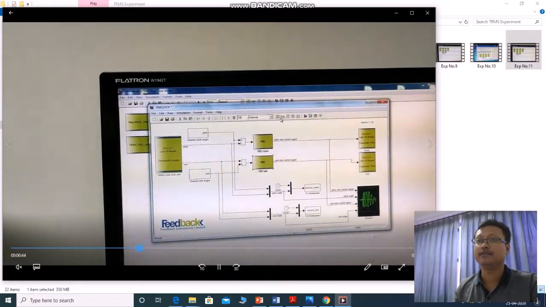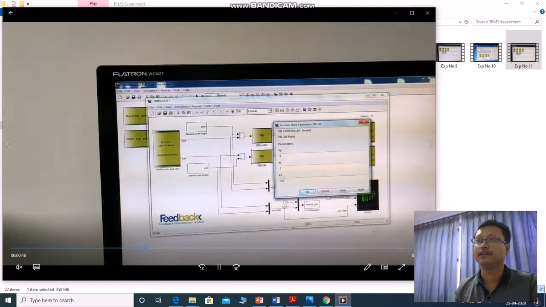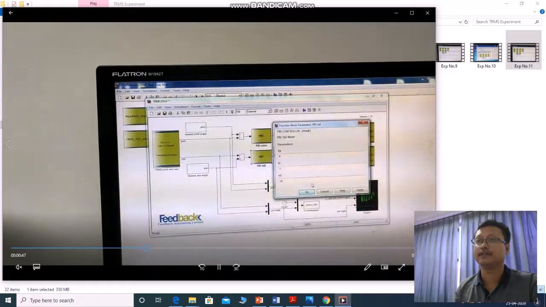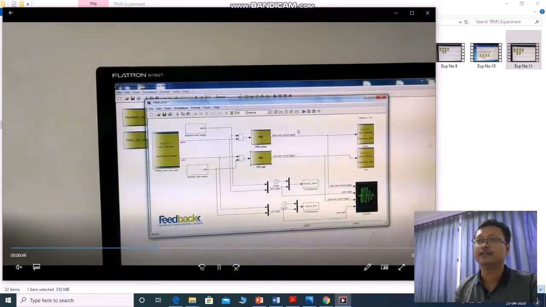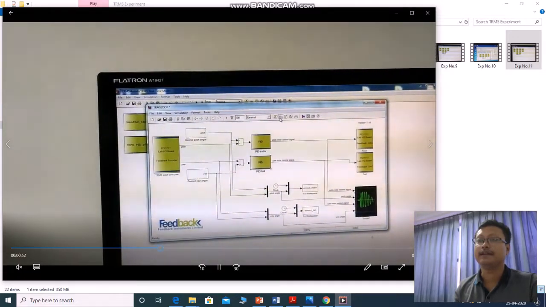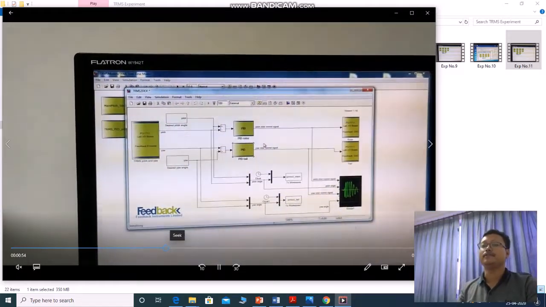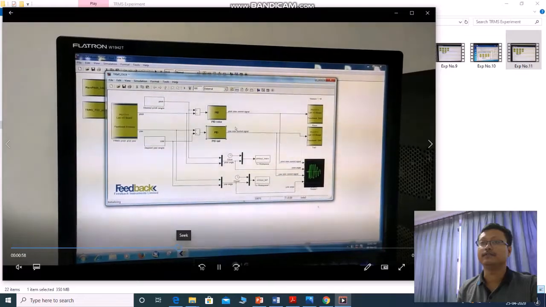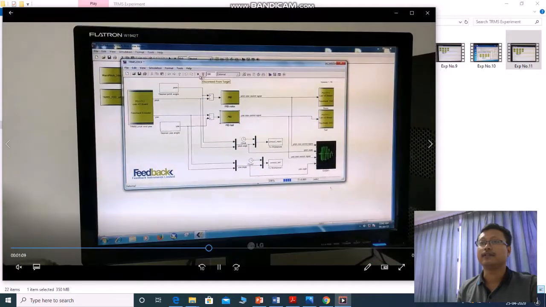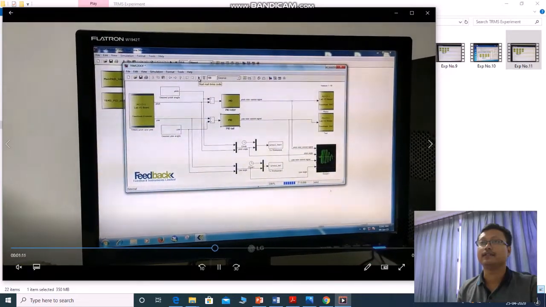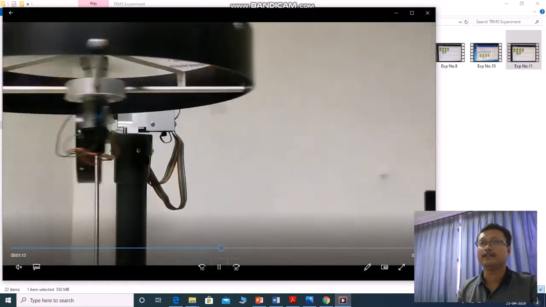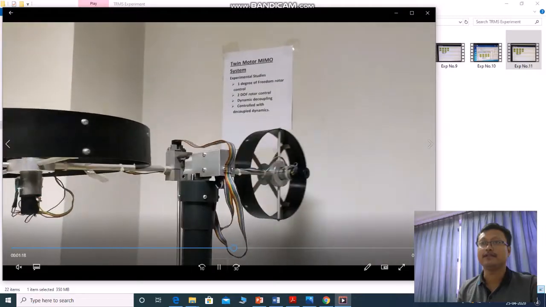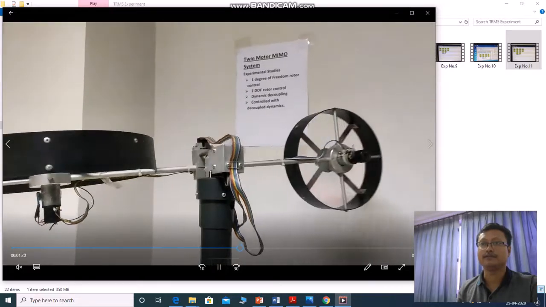Then you also need to change the PID controller values according to your simulated result. Then make an incremental build of this model. After that you need to connect to target, then make it play. Then your system will run like this. Because our PID values are not so good, that's why it is not so smooth.